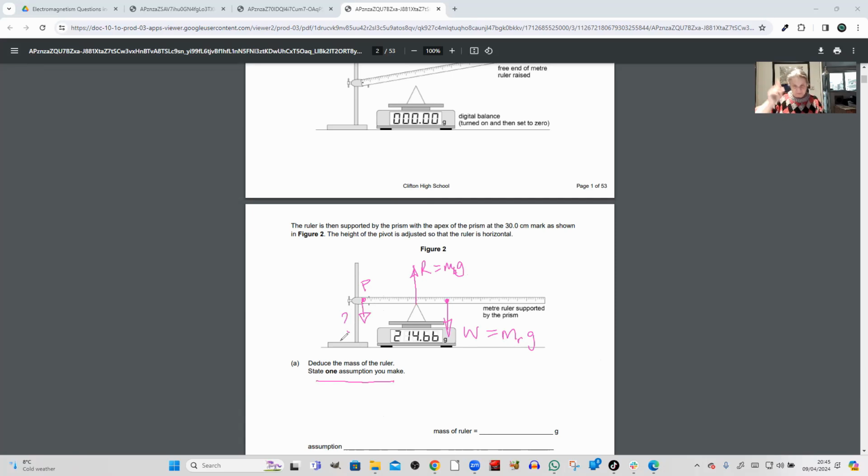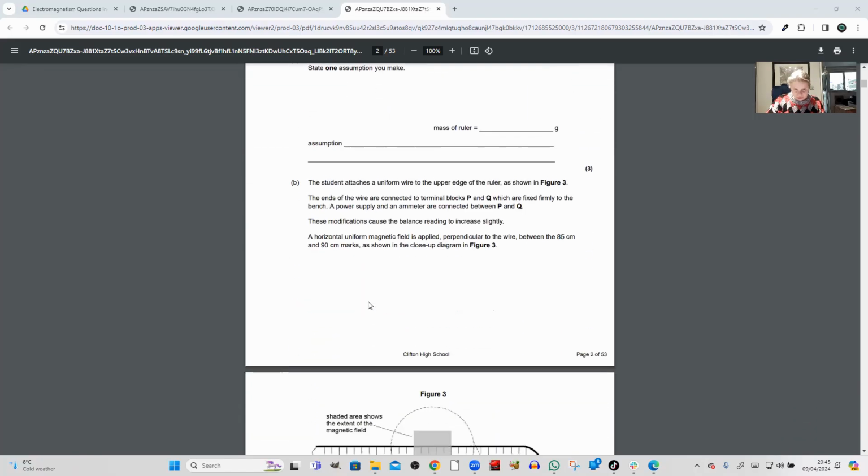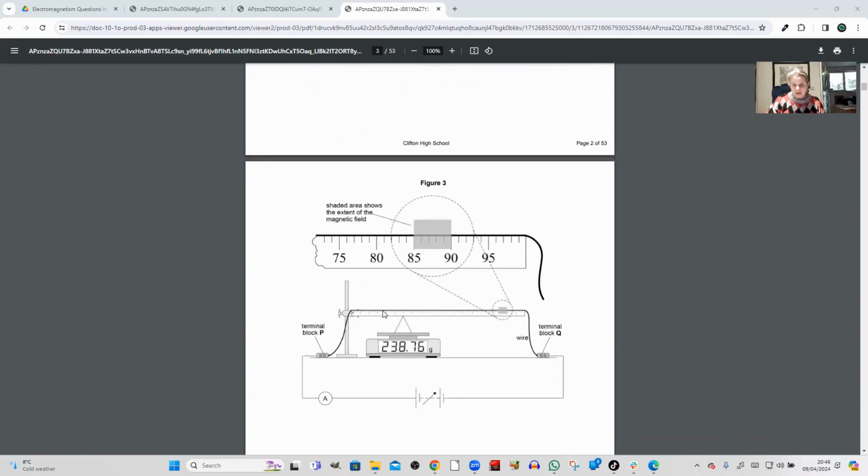P. Okay, what's this got to do with magnetic fields, I hear you say? Nothing. But what I'm trying to point out is that they're combining moments with magnetic fields, because later on